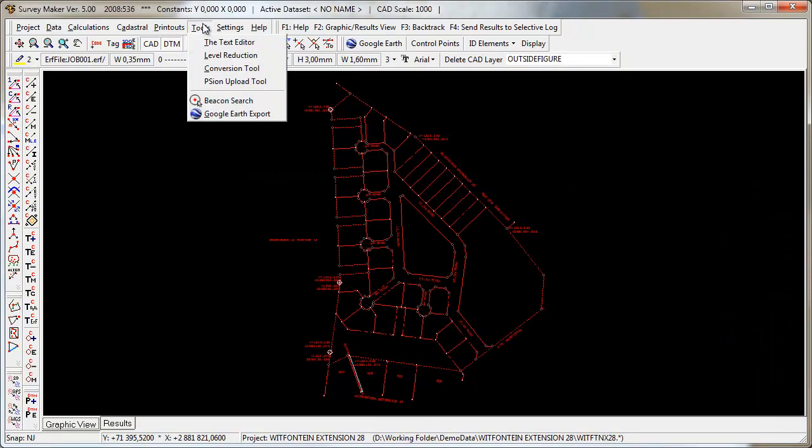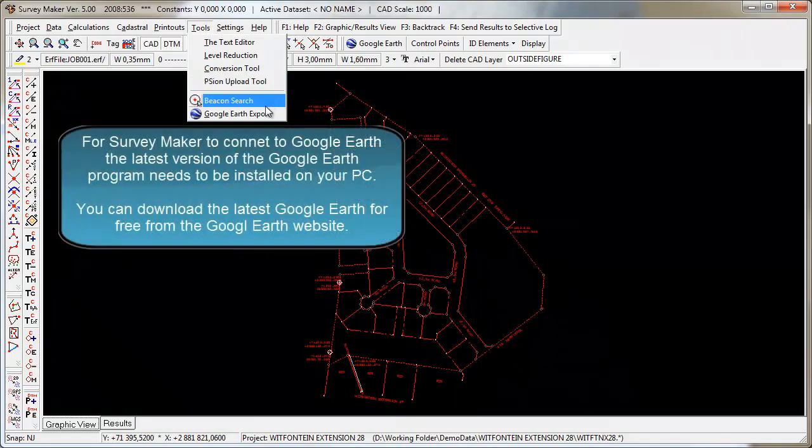Back to the tools menu, we've also got a tool to upload data back to your sign workabouts, and then we've got our beacon search and Google Earth export function. Both of these functions are based on Google Earth, and they're designed to give you extra information regarding your survey, things like trigs, town survey marks, surrounding data information, pull in elevations from Google Earth, output your data to Google Earth. So these are very, very important functions, which we will later on also cover in a video of